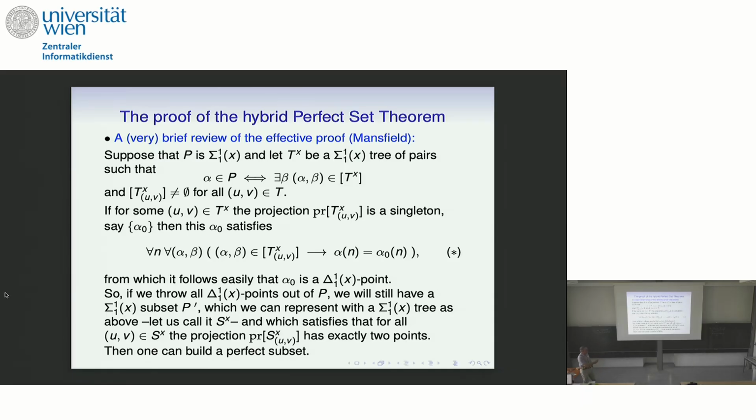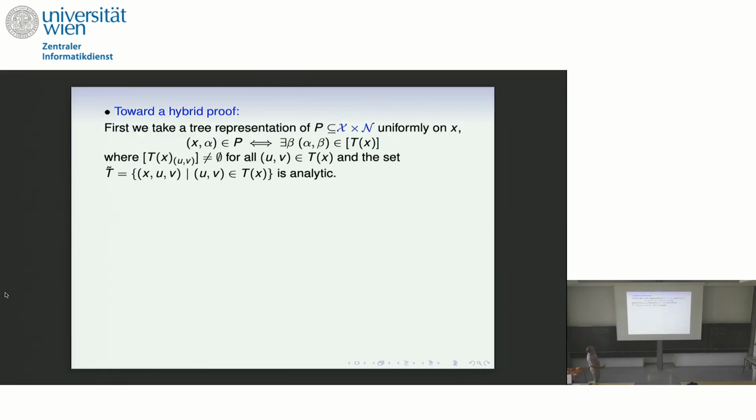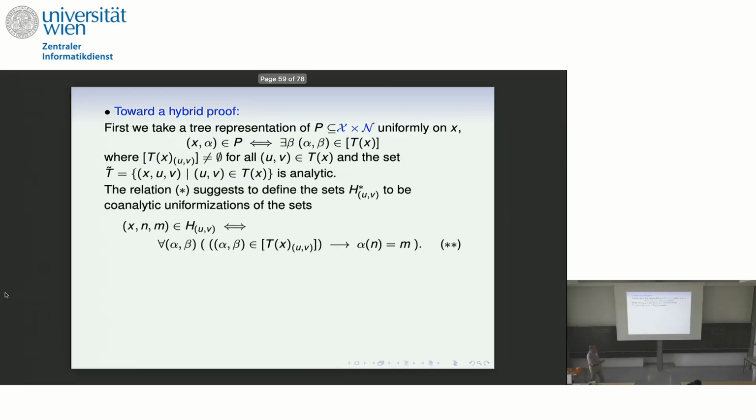Let's see how we can do this here, toward a hybrid proof. We do the same thing again, uniformly on x. What does it mean now to be uniform? It means that if I take the set of all triples x, u, and v such that uv is in T of x, it's analytic, and T of x is a tree. We can do this; these are easy representations of analytic sets. The preceding star, let's say it's a unique branch,